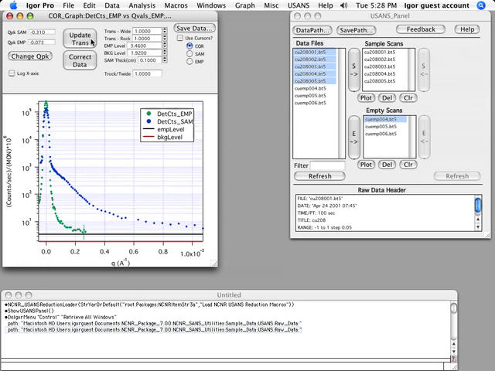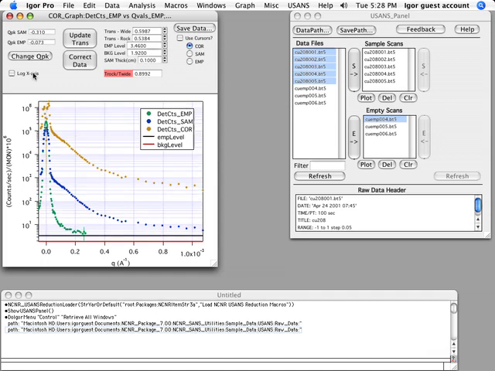So the first thing to do, after adjusting those, is to update the transmission values. This measures a ratio of the rocking transmission, which is through the primary beam, and the wide-angle transmission, which is out at angles greater than about 2 degrees. Typically this ratio should be less than about 90%. If it's not, a red warning flag will show up here, indicating that more than 10% of your beam is being scattered coherently. At this point, you should talk to your local contact because you may have too much multiple scattering in your data. You'd set the sample thickness, and then the final thing to do is correct the data